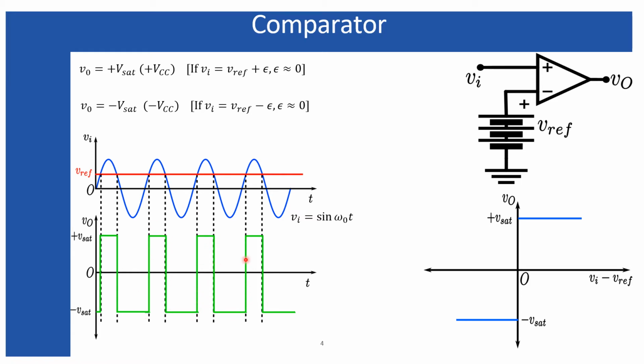You can see from here, and basically the square wave represents the instants where the input voltage is crossing the reference voltage. So when the input voltage crosses the reference voltage from the negative to the positive direction, the output voltage also switches from the minus Vset to plus Vset. Similarly, when the input voltage goes from the positive peak to the negative peak, the output voltage switches from the plus Vset to minus Vset. In this way, the output is being maintained. So this is the basic functionality of the comparator.